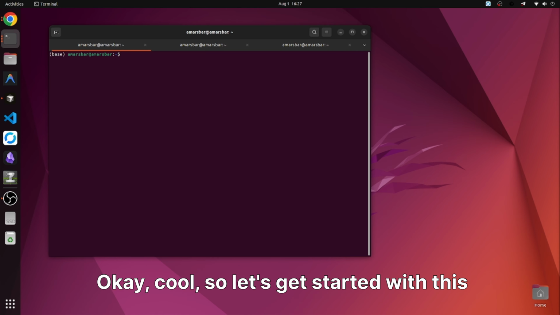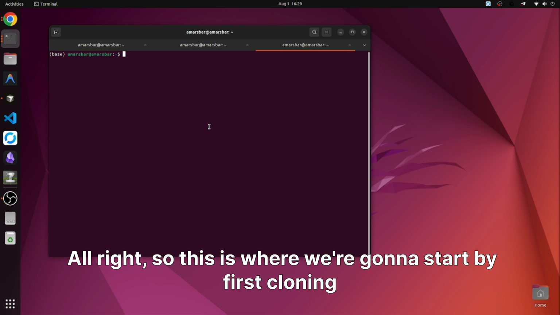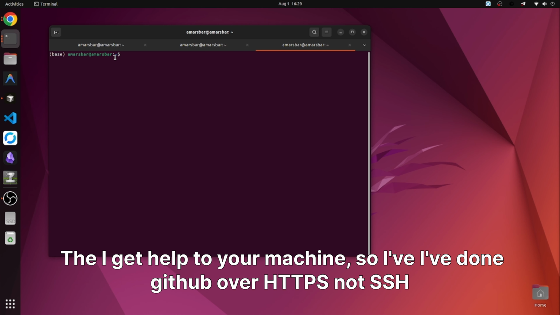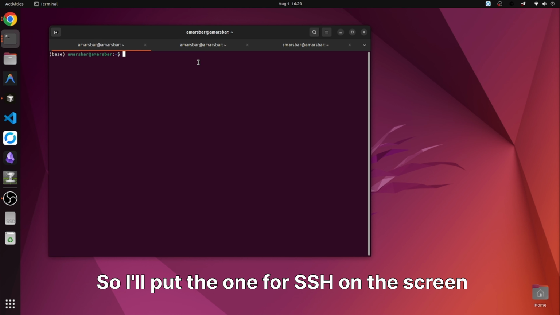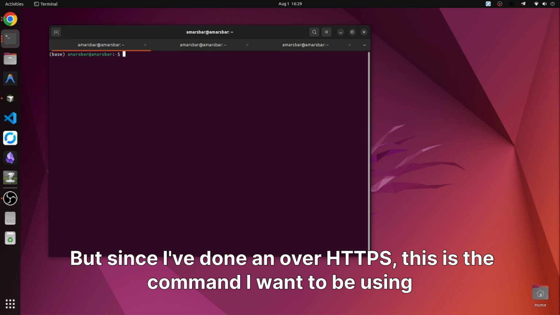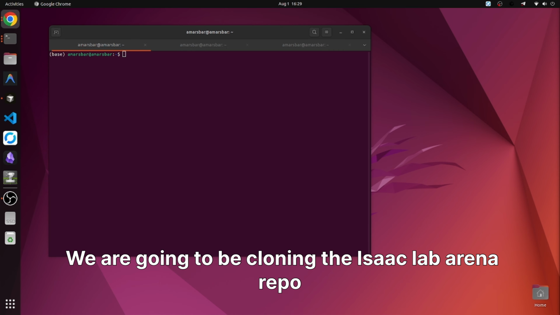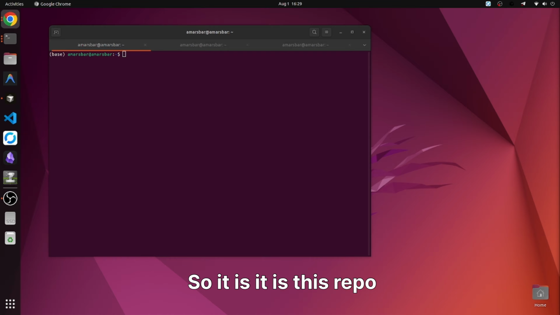Okay, cool. So let's get started with this. All right, so this is where we're gonna start by first cloning the GitHub to your machine. So I've done GitHub over HTTPS, not SSH. So I'll put the one for SSH on the screen. But since I've done it over HTTPS, this is the command I'm going to be using. We are going to be cloning the Isaac Lab Arena repo. So it is this repo